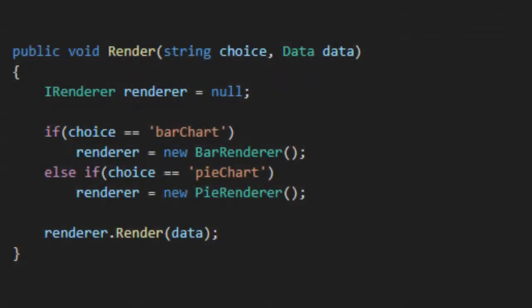Now, coming back to the client code, the client render method will now use the same IRenderer interface to invoke the rendering operation. For that, it will use the IRenderer as a reference and then based on the user choice, it will instantiate one of the renderer.